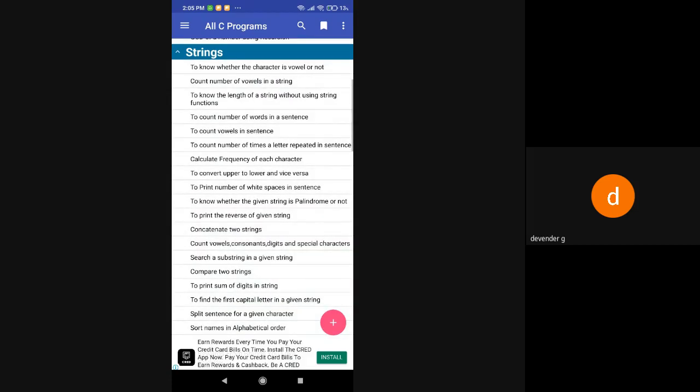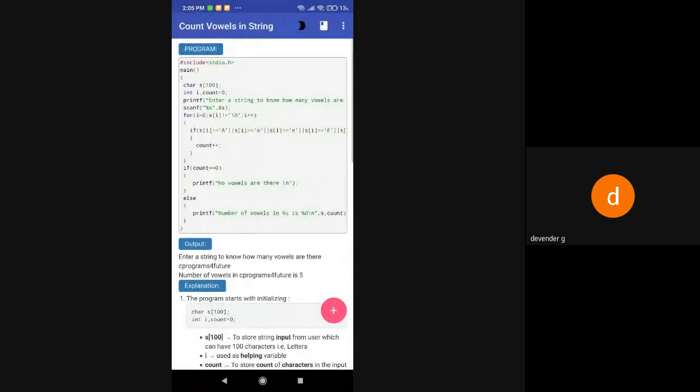Better we'll see all the programs, then one by one we'll convert all those things into functions. Okay, so keep all these programs so that we can convert them into functions.